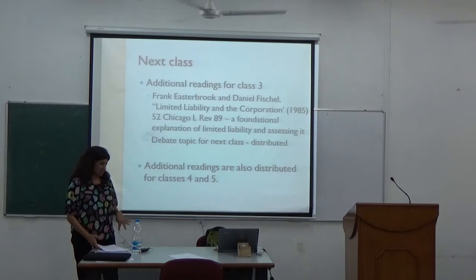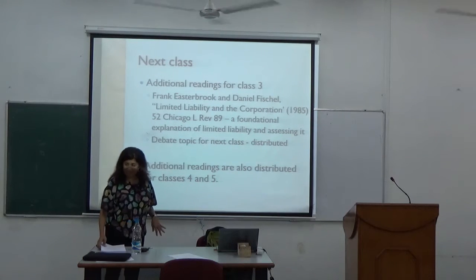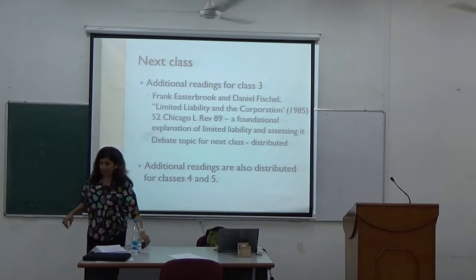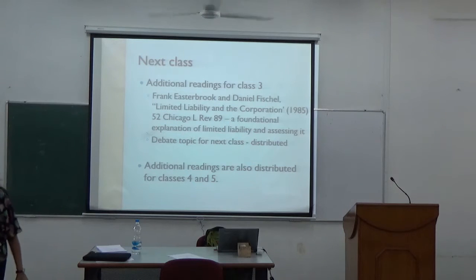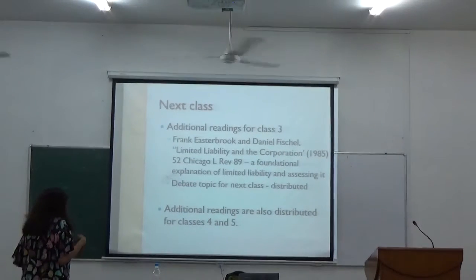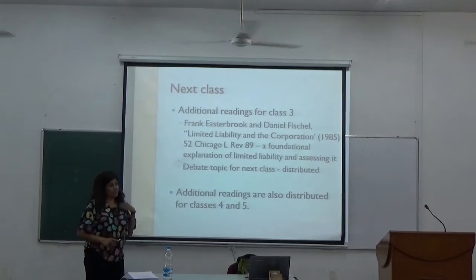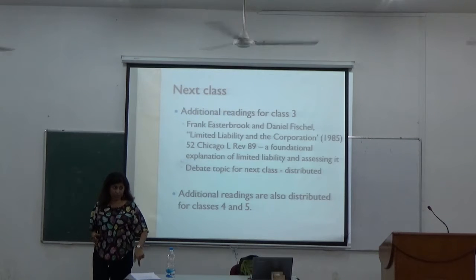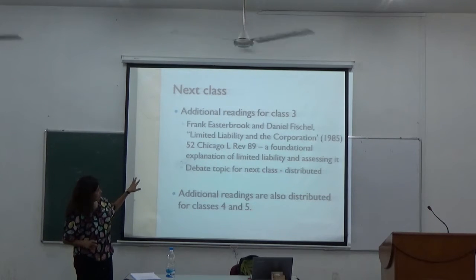So we'll be discussing that article, plus we'll be discussing what's in your materials here, which is to do with the different theoretical aspects of corporate governance. So the stakeholder and agency theories. So we'll be looking at the readings in your book plus the Easterbrook and Fischel article. Additionally,